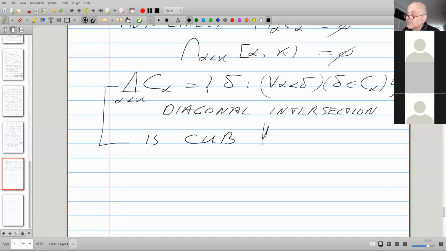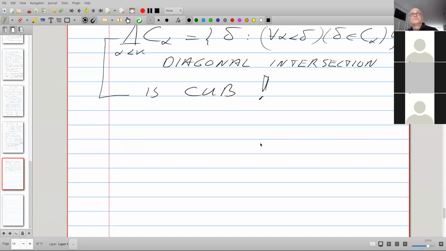And I put here an exclamation mark because this is really important in many applications of closed and unbounded sets and what I hope to talk about in a moment, stationary sets. And here it goes. Why is it closed?